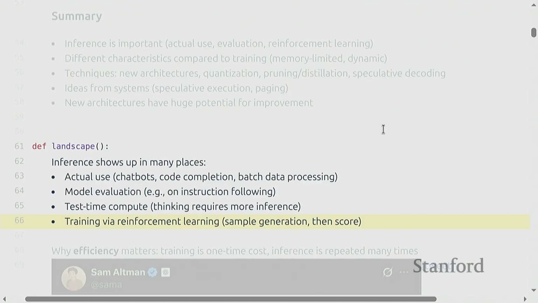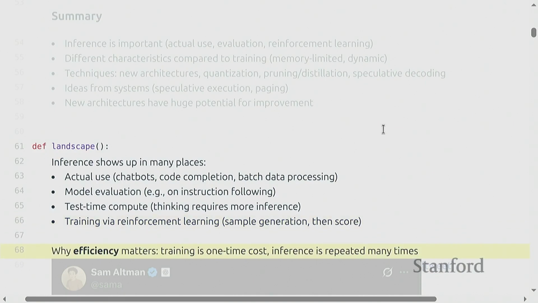So inference isn't just, I want to put up a chatbot demo. Inference actually is going to underlie many of the basic functions of a language model. And even though it's one lecture, I want to stress how important it is for many things. And we'll probably come back to this when we talk about alignment later in the class.